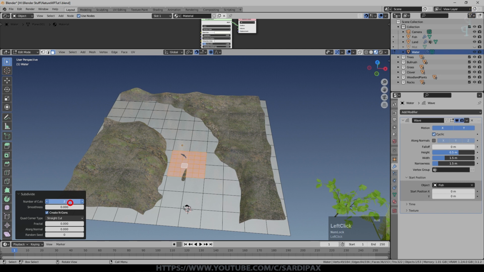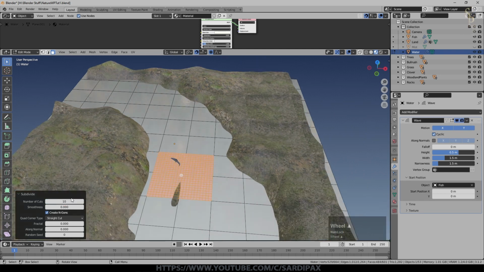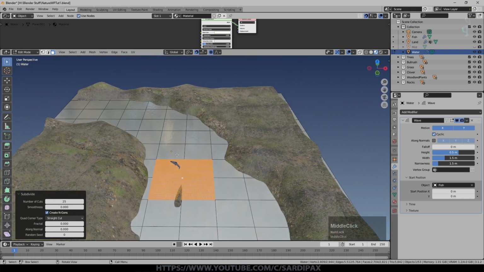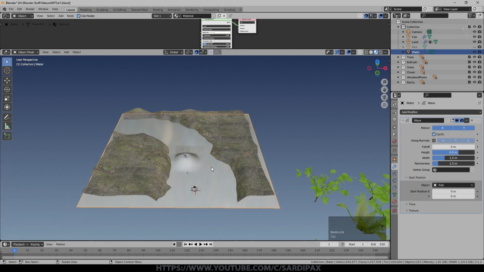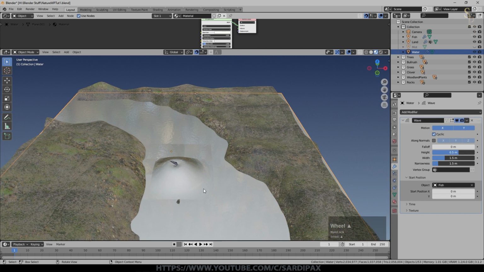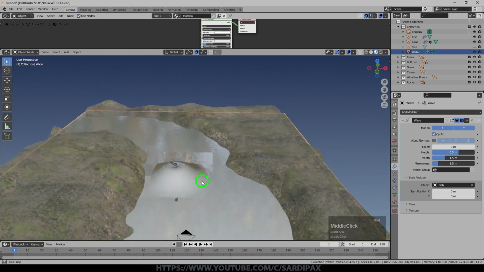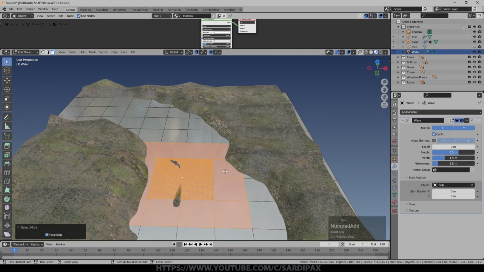The reason I'm doing it like this, I've gone up to 10 subdivisions there, and I think I'm going to go to 25, and I may need to do more than that. The reason I did it like this is that way I've only got increased geometry here. Because it's a flat surface, you won't see that. The only thing you can see is the wave modifier now, because there's additional geometry. I think what I will do though is go out slightly further and subdivide that as well.